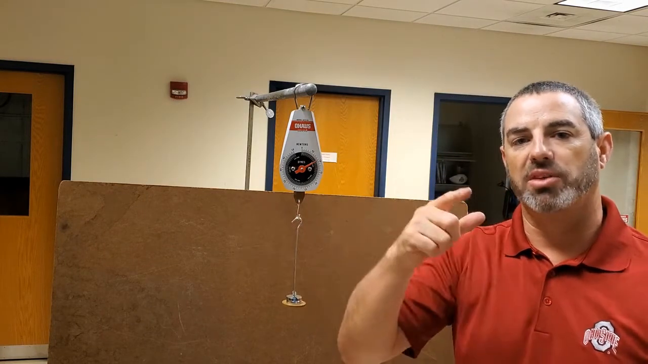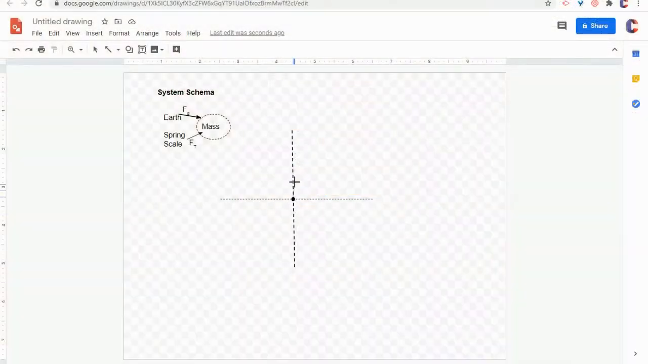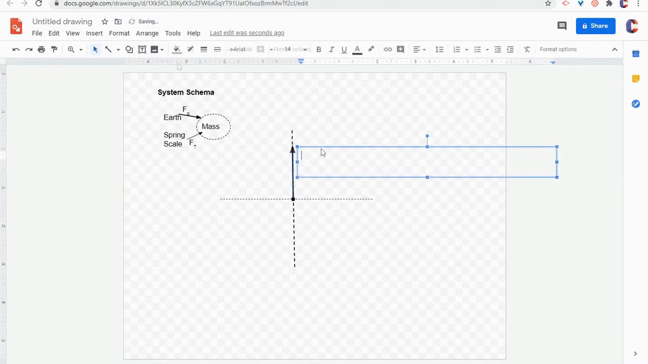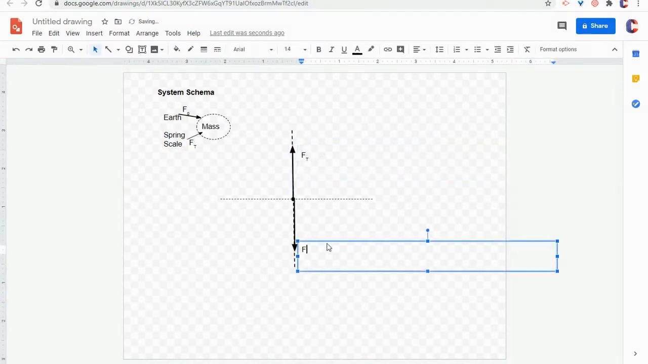So the first thing we're going to do is draw a free body diagram. Pause the video and draw a free body diagram for this. Had the tension force of the spring scale pulling up equal to the force of gravity pulling down on the